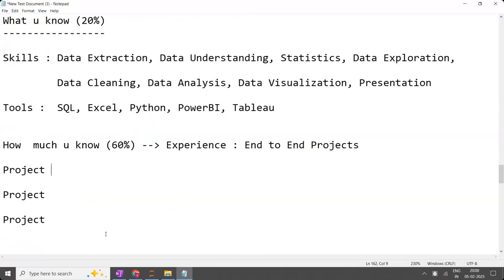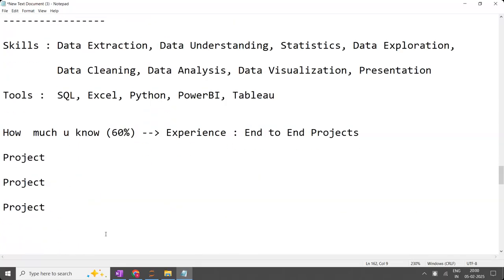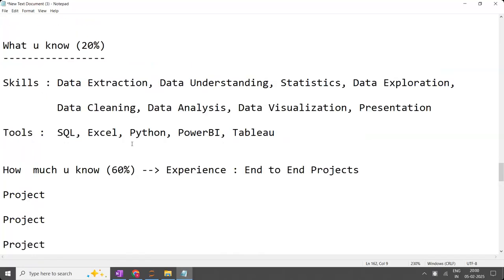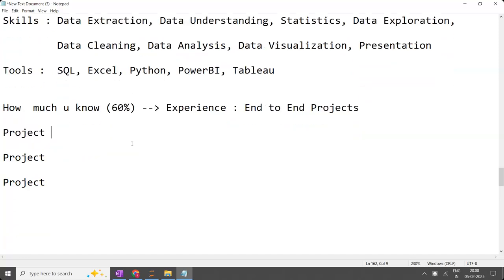Now, here I'm not going to take a small kind of data set. For example, in SQL, we are going to work on a data set that consists of around 4 lakh records, 4 lakh rows. One table consists of 4 lakh rows, another table consists of 9 lakh rows, like that. I'm going to work on a good amount of data, but when compared to reality, the size is comparatively less, right?